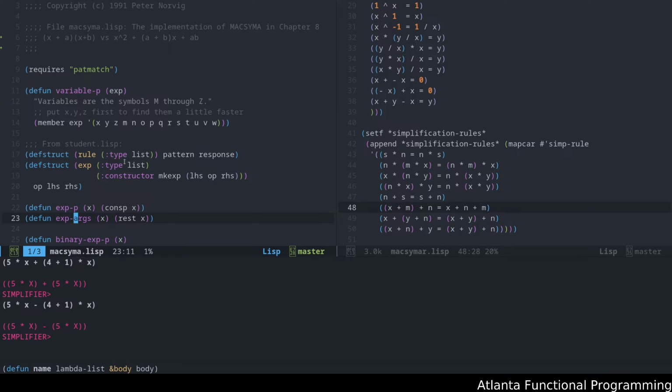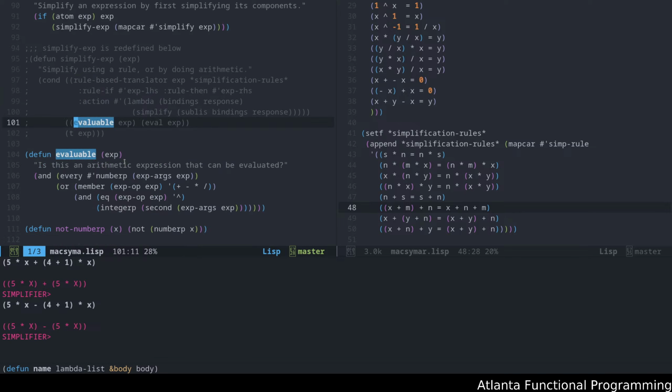Because in prefix form, the operator is first, and then all the operands are basically, in case of the function call, the arguments that are being passed into the function. Okay. And so what we can do here is we're checking to see if we're dealing with a proper arithmetic expression that can be evaluated? And in this case, we're checking to see that every argument in an expression is a number,